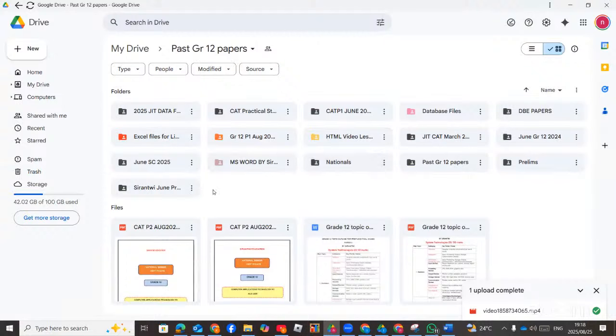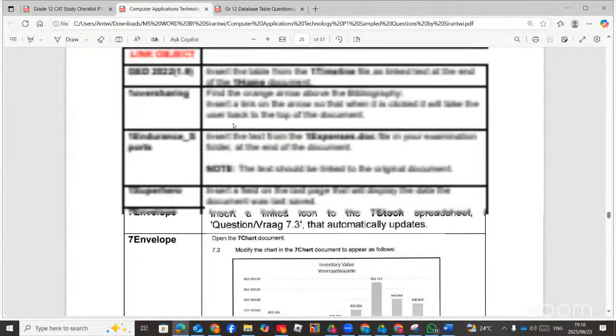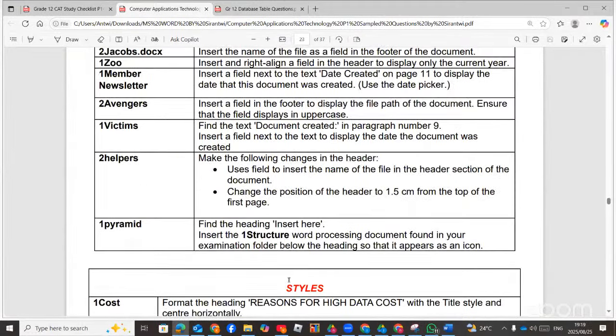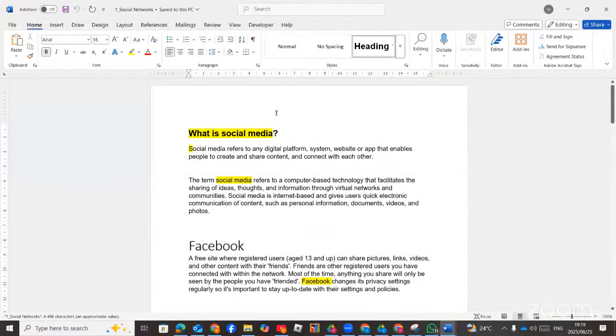Now, I'm going to focus on Word, the one that I structured. So this is the Microsoft Word one, which you can go through all of them. I just want to open one, social network, and then I'll go through all of them. I will summarize what you should know regarding Microsoft Word. Right. I'll first start with the basics, like I said, the font. Now, let's say, what is social media. I want to change this font. Now, when you go to